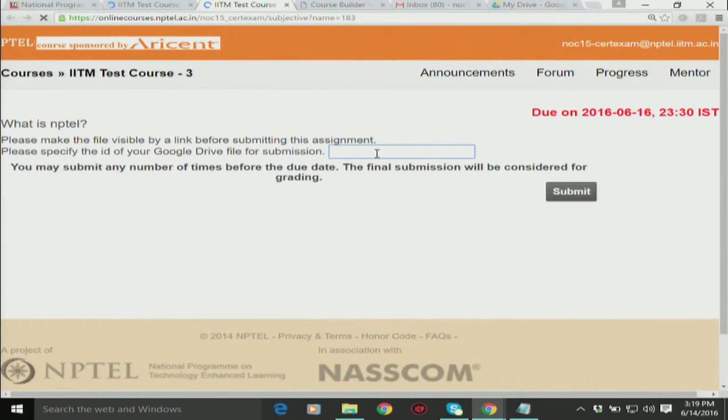And I need to give the folder ID in the assignment page and submit the assignment. So you will get the message submission succeeded. If I have not shared the file with the admin ID of the course, then I will get an error message, submission failed.